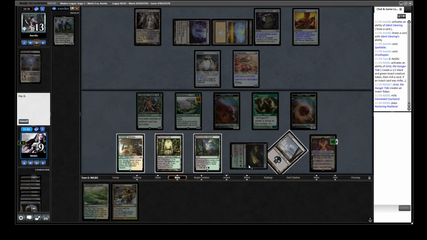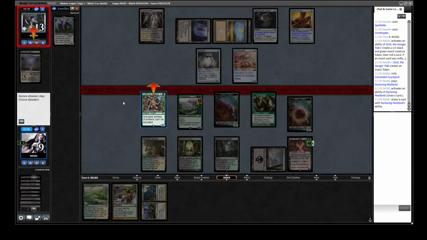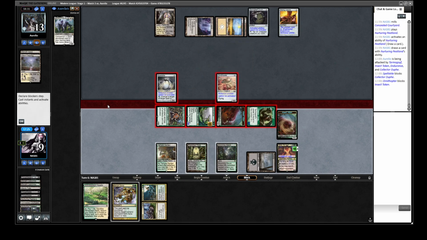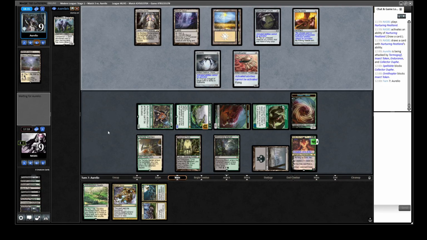Let's draw a card. Ooh. Well, that's pretty good as well. I guess now we can just start swinging with everything. You know, we've got this Abrupt Decay if my opponent should go for any...